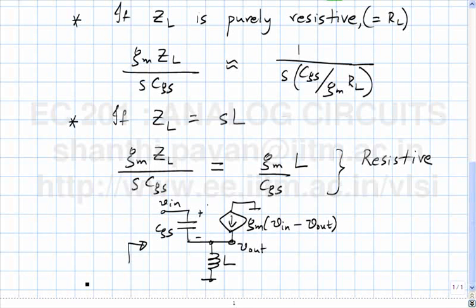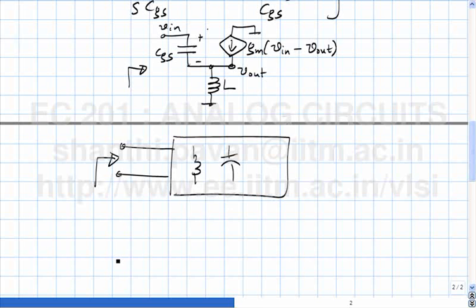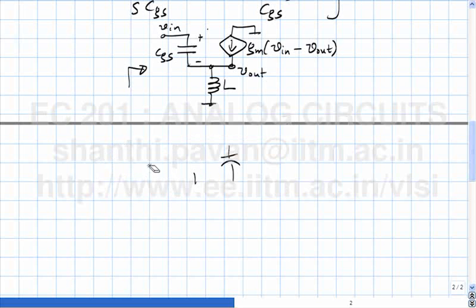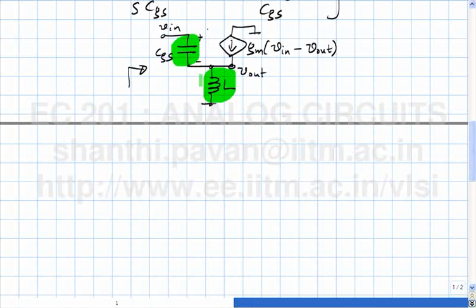If you have a box only with inductors and capacitors, which are all lossless, if you find the looking in impedance of such a box, it will be purely reactive, because there is no energy that can be dissipated inside the box. So the looking in impedance Zin must be purely reactive. By the same token, we might assume at first sight that this box consists of basically lossless elements and a controlled source. But the looking in impedance, even though there is CGS and there is L, has a resistive component to it. So the obvious culprit must be the controlled source.